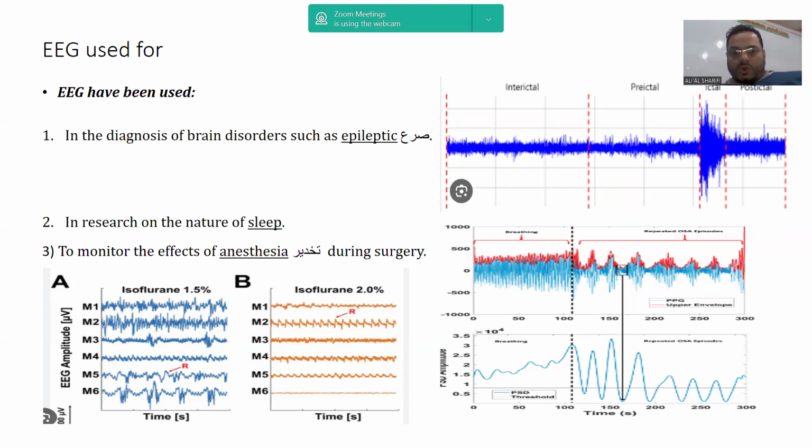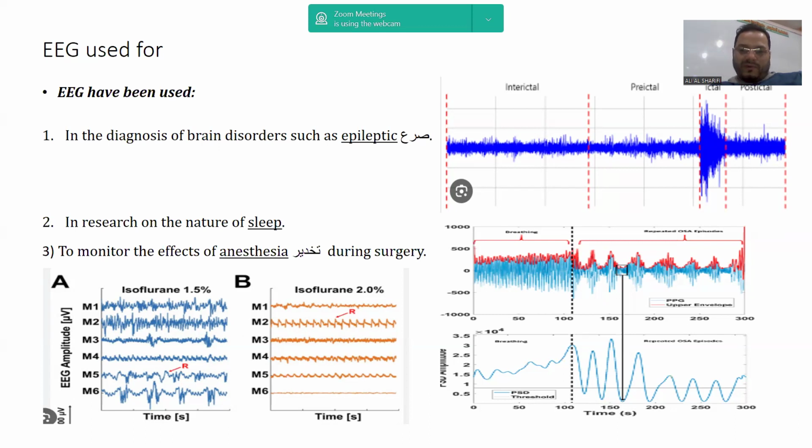For example, we can diagnose epileptic disease in any patient by using the EEG device. Here it's clear that when the epileptic situation is coming, your patient's brain hertzes increase to more than 100 hertz,